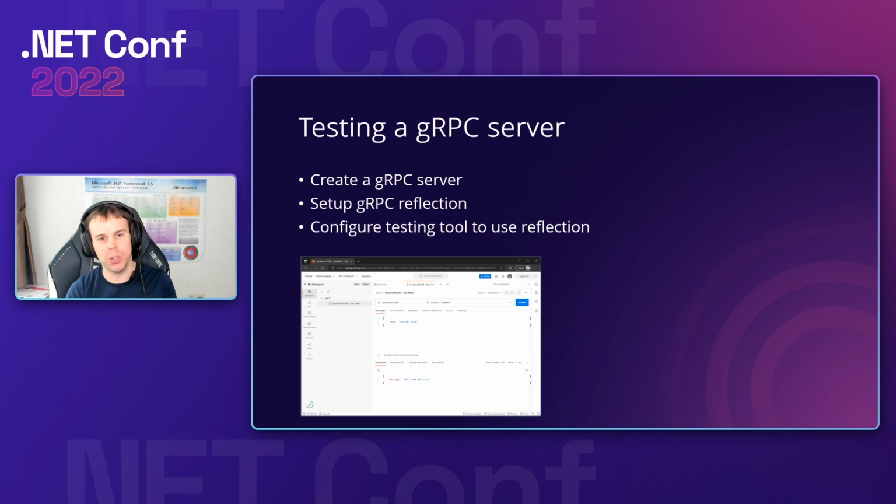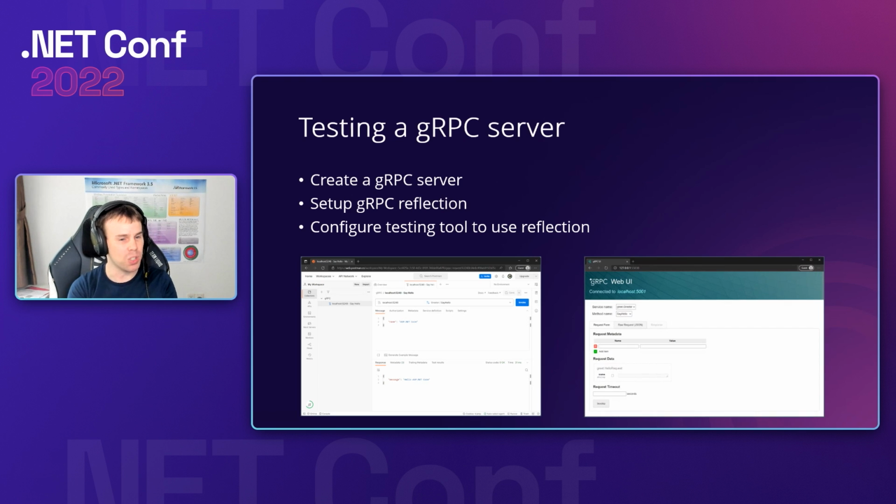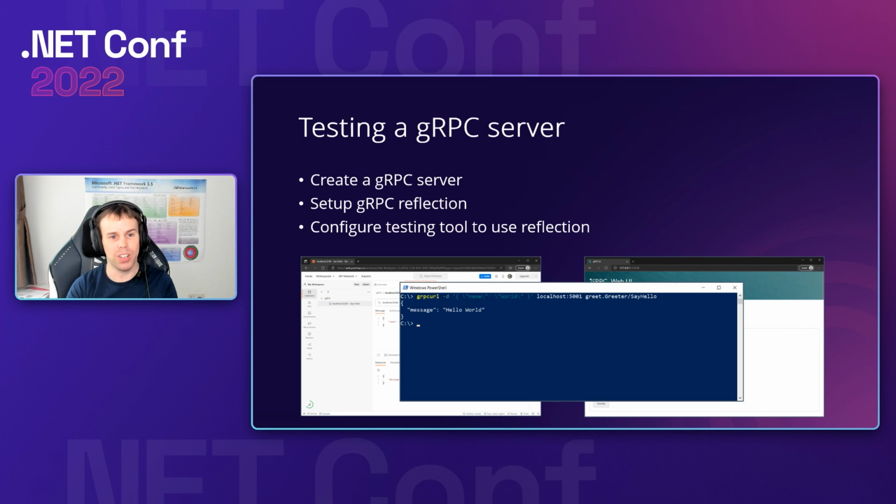and if it is, it will just automatically use it. Now, I demoed using Postman. Postman has a lot of features. Some of them are commercial, so keep that in mind if you want to use it. An alternative free open source tool is something called gRPC Web UI. And if you want to use the command line, gRPC curl lets you invoke gRPC services from the command line and get responses back.